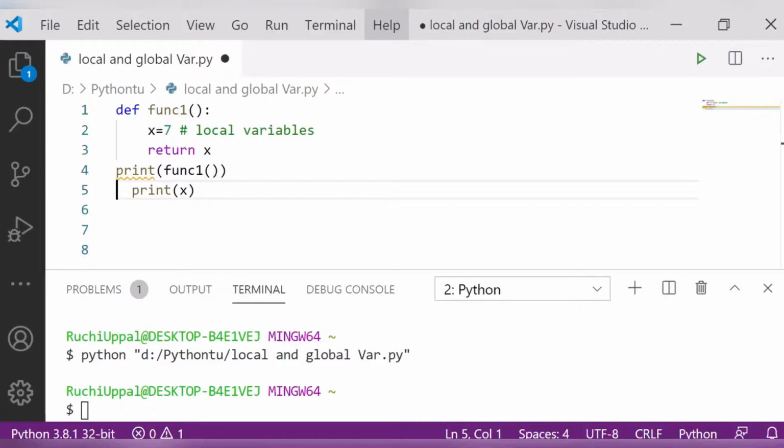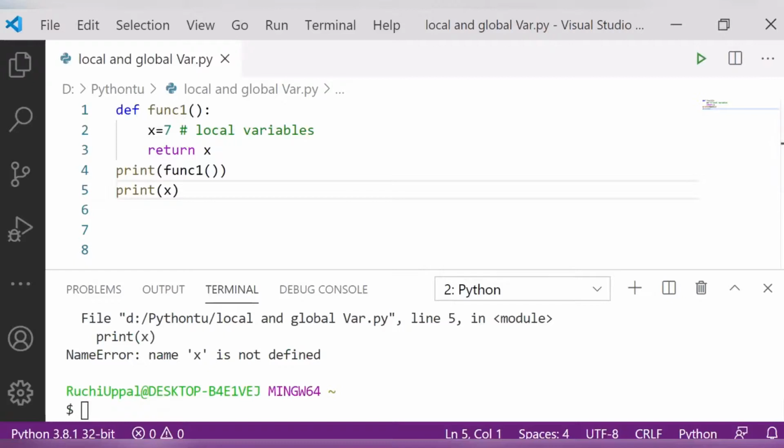As I missed the indentation. Fine, if I run this program, now it is giving me the error x is not defined. Why is x not defined?